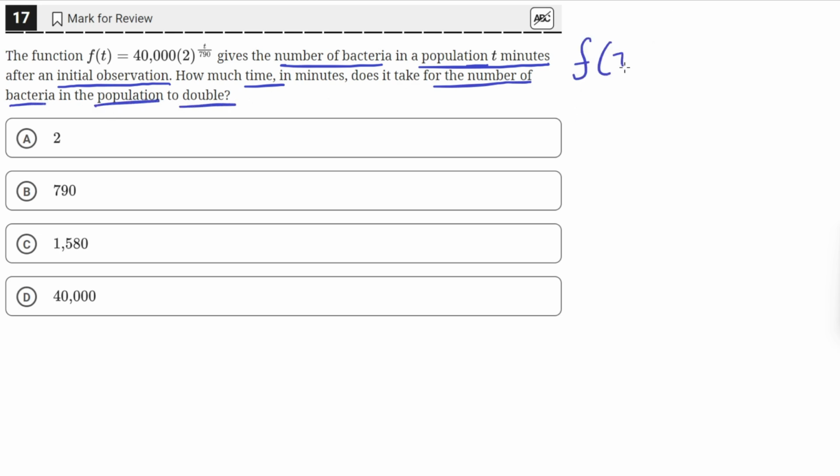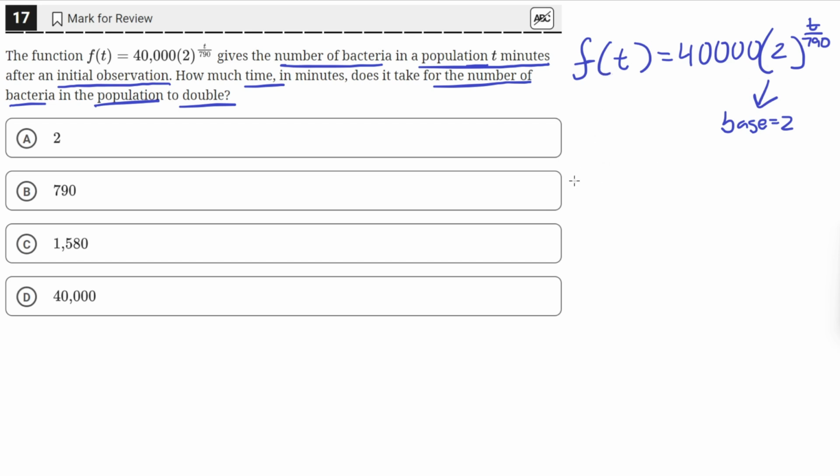So we have this function f of t equals 40,000 times 2 raised to the t over 790. And we need to find out how much time, or minutes, t, it takes for the value of f of t to double. So we can look at the base of the exponential here and see that the base equals 2. And that means that every time the exponent of the base here increases by 1, the value of f